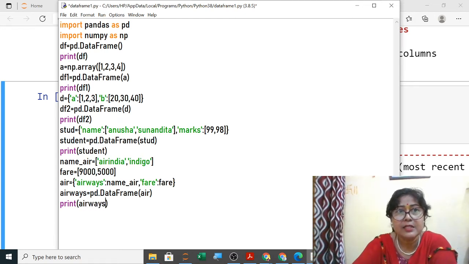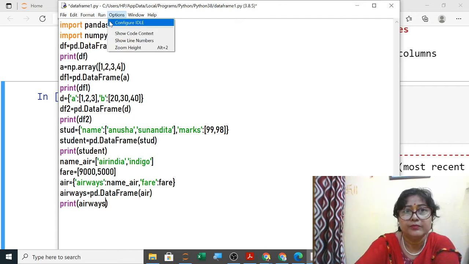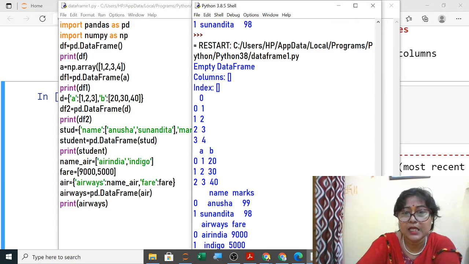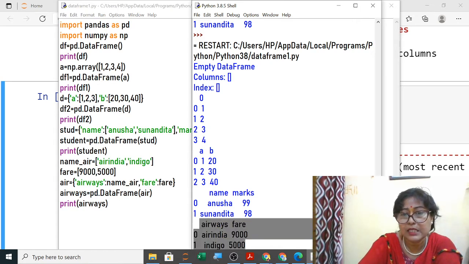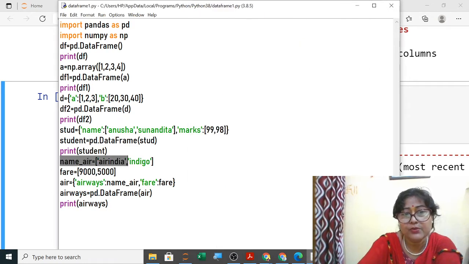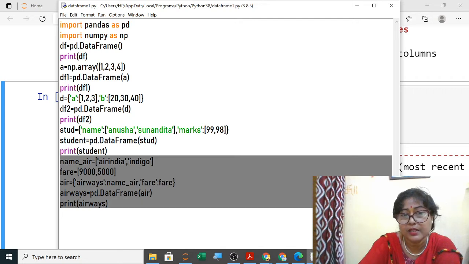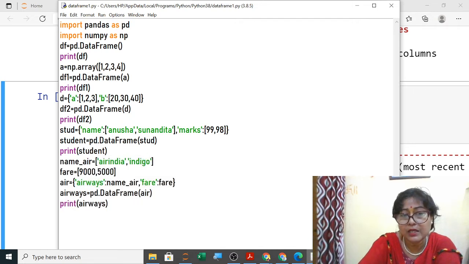Now when you execute it, you can see here this Airways and fare, the last one you can see here. Clear? So I have used a list and then stored it in a dictionary. Now the next will be user friendly.